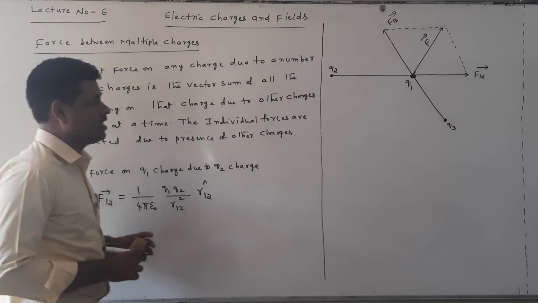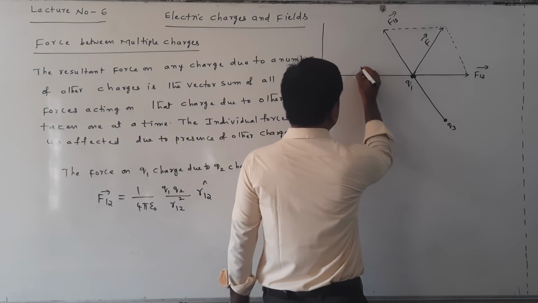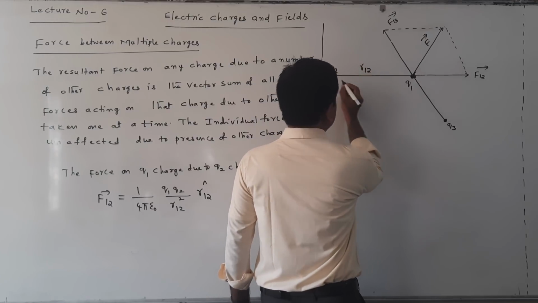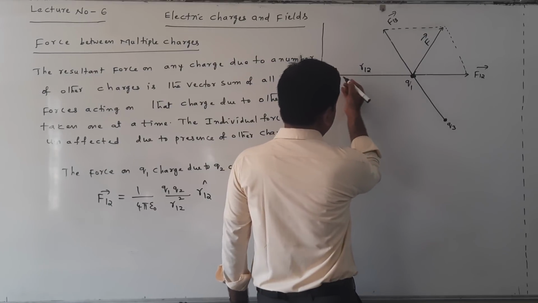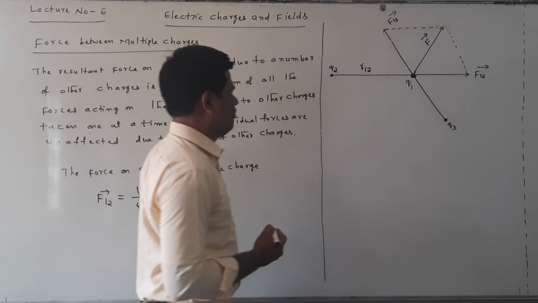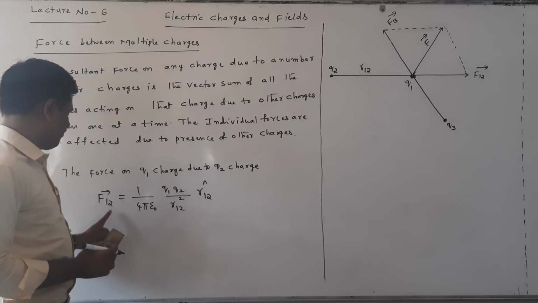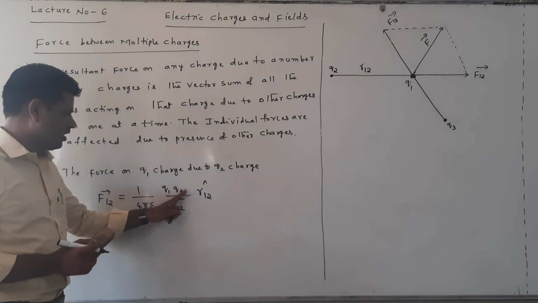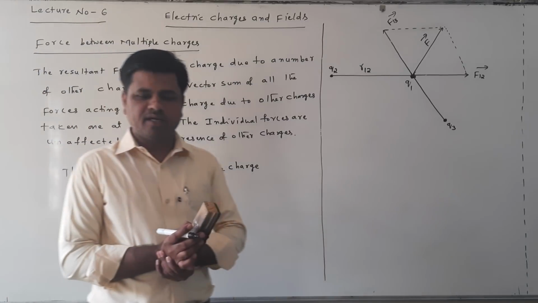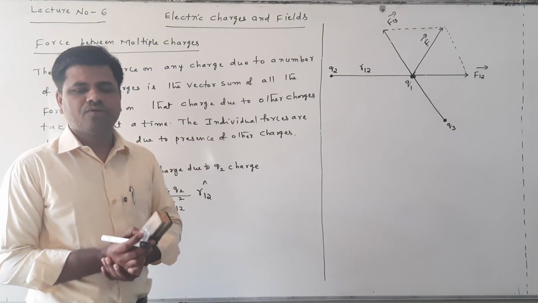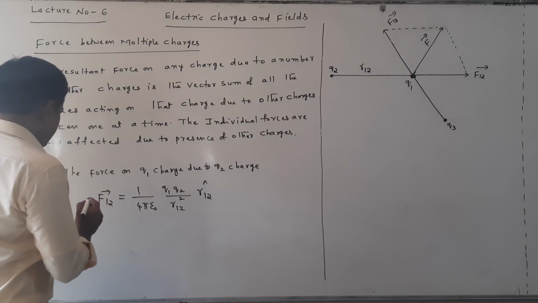Here R12 is the distance between Q1 and Q2. The distance between Q1 and Q2 is taken as R12. So F12 bar is equal to 1 by 4 pi epsilon naught Q1 Q2 by R12 square into R12 cap. This is the force on Q1 due to Q2. Similarly, the force on